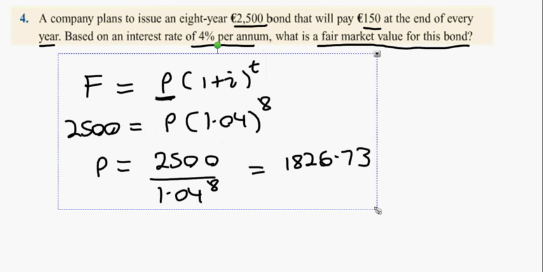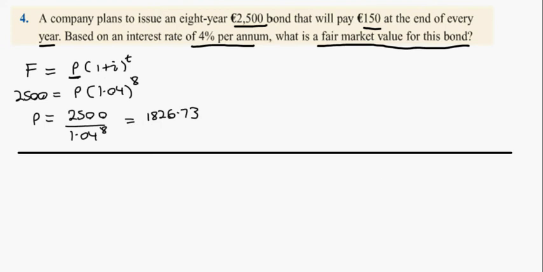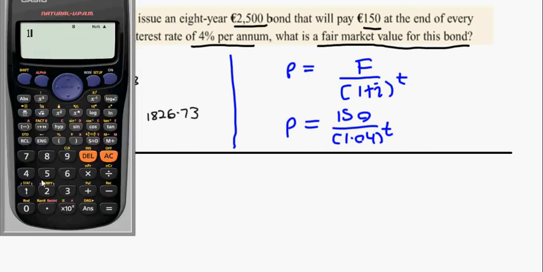Once we've completed that, the next problem is based on the amount we're putting in at the end of each year. Now once again, we're going to use the same formula. If we receive €150 at the end of a year, P equals F over 1 plus i to the power of t. Our present value equals the future value, which is 150, over 1.04, and the t value is the number of years in the future I receive it in. So for example, in 1 year's time, it'd be 150